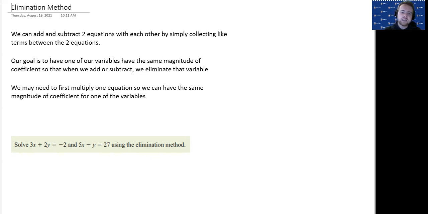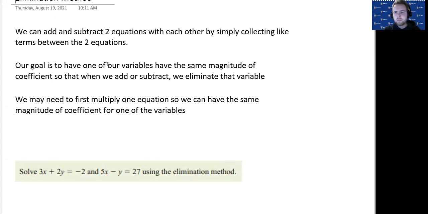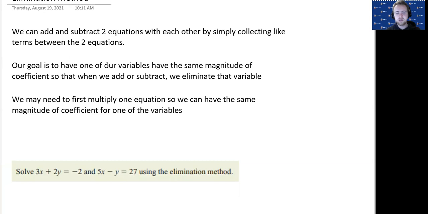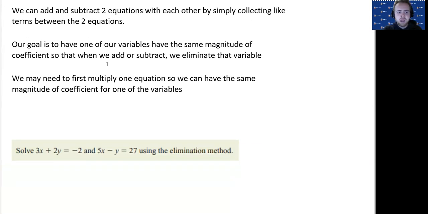Now, this is a little tricky at first, but it can be very simple once we get familiar with it. So it might take a little bit of time to get your head around, but once you do it, it can actually be a much quicker way of solving some simultaneous equations. So it's worth learning. We may need to first, however, multiply one equation so that we end up with the same